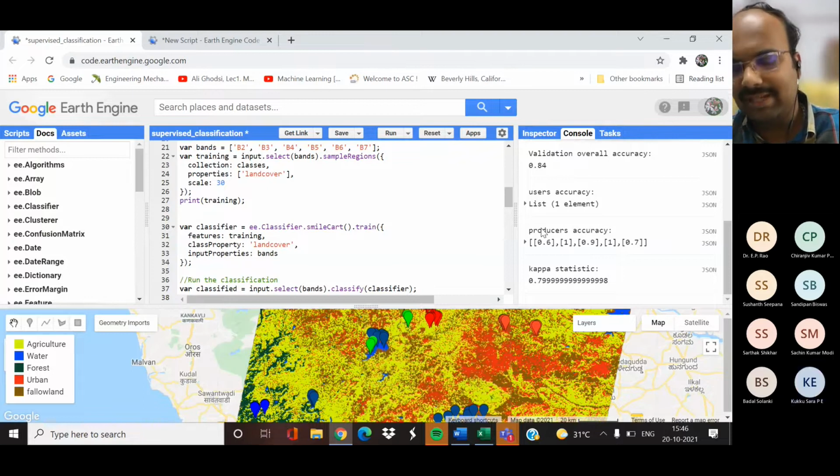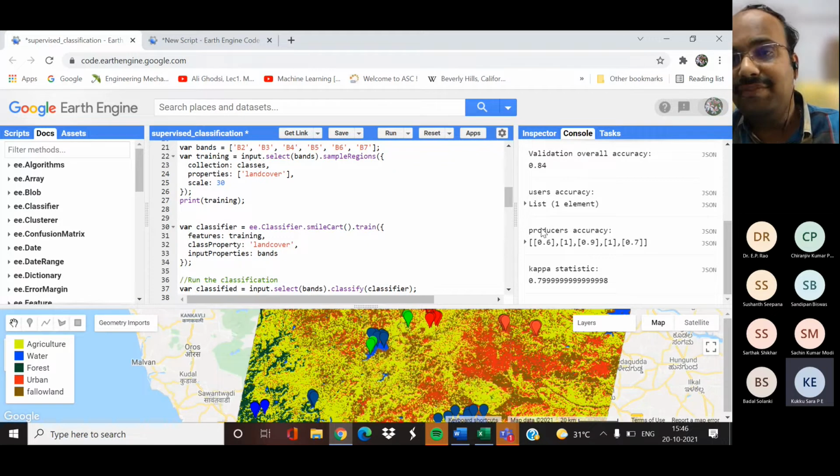Say, for example, you have a classified map where the overall accuracy is something around 70%. But let us say water bodies have 100% accuracy for both producer's and user's accuracy, so water bodies are correctly classified. Even though the overall accuracy is just 70%, if your application is to map all the water bodies in your region, this map will be good enough for your purpose because all the water bodies are correctly classified.